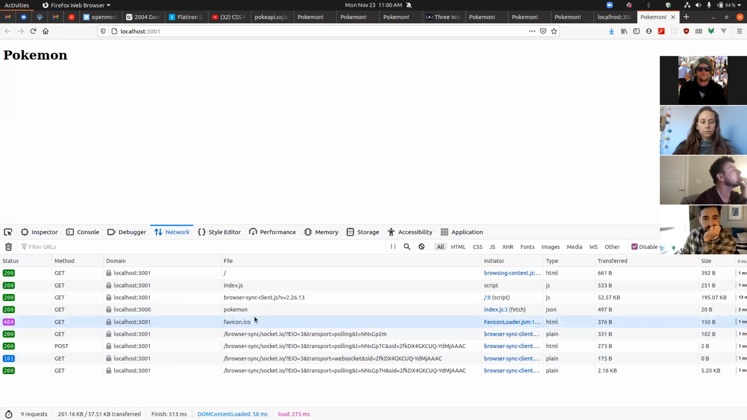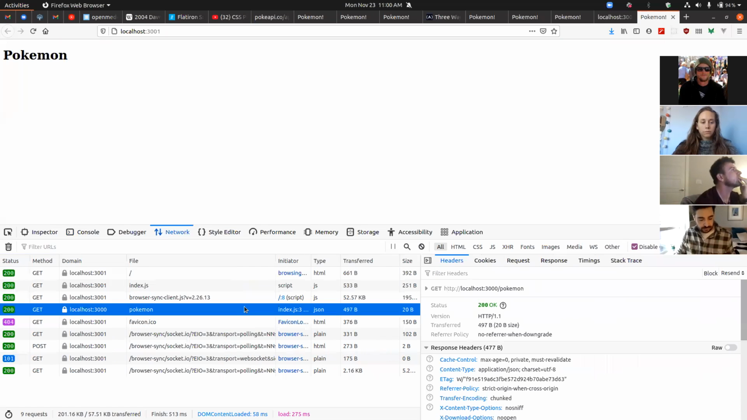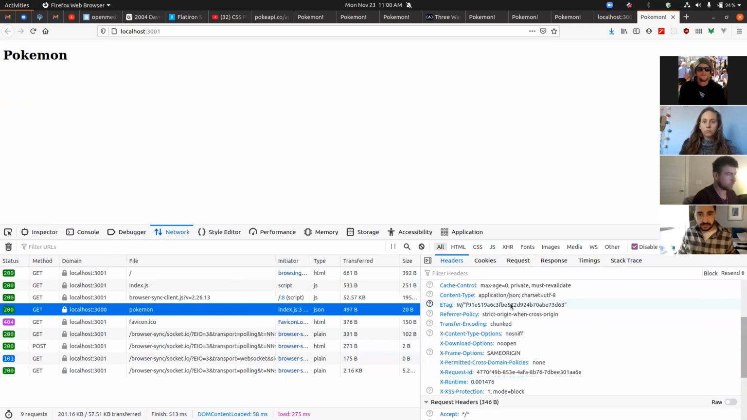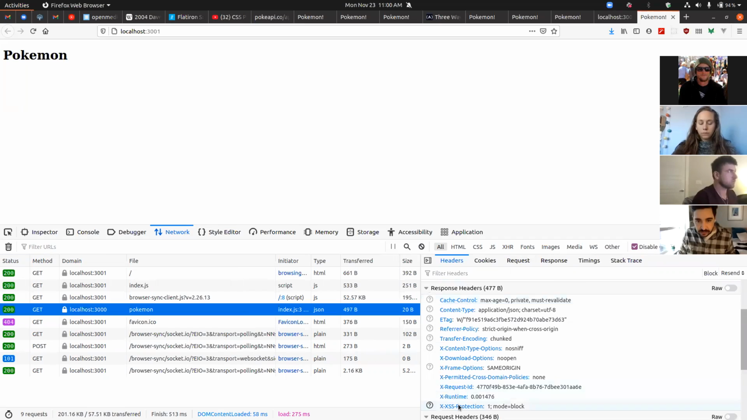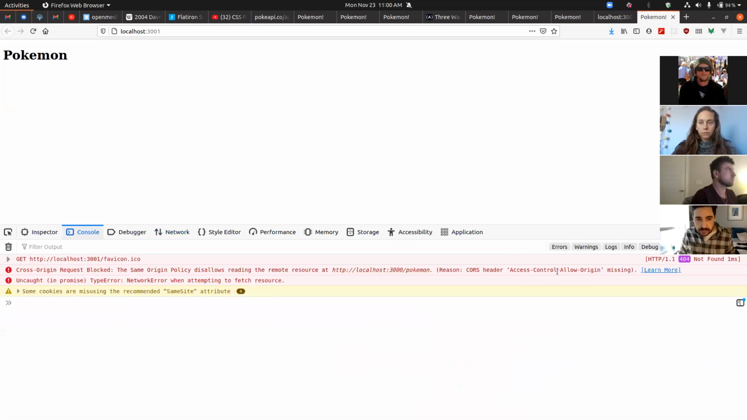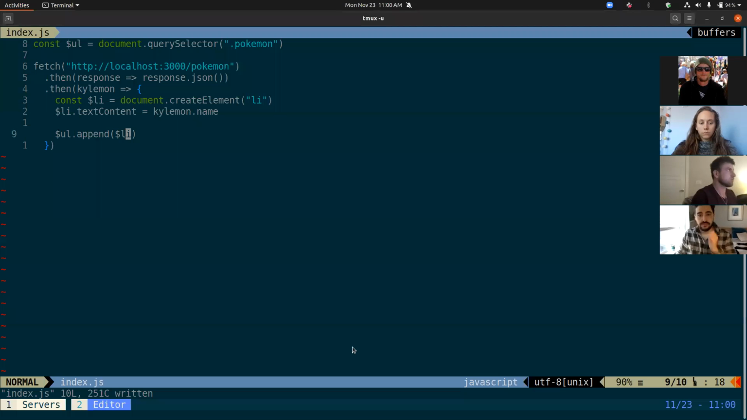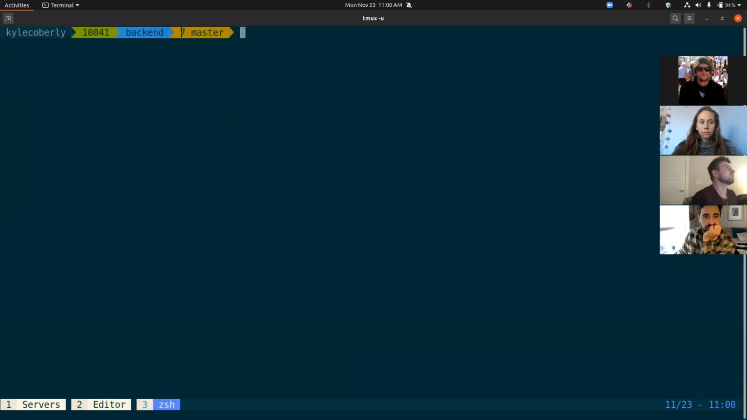We take a look at the response that we got back. Weird, no Access-Control-Allow-Origin header. It's missing. So to make it show up, the thing that we need to do on the Rails side,